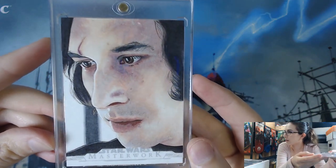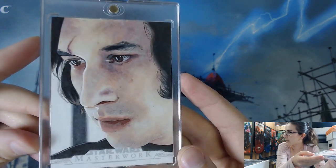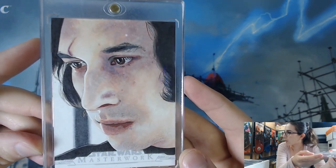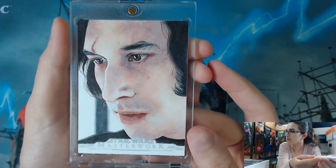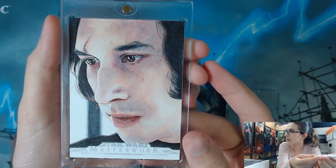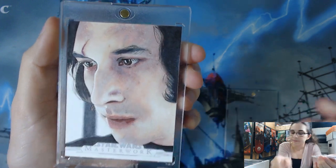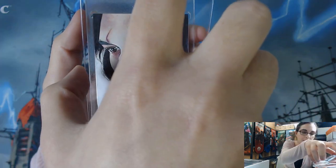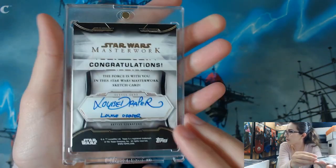Diego Luna, Keira Knightley. I mean, you probably can't, but you could get Natalie Portman. You could get Rose Byrne. There are lots of signers you could get that I feel like would actually make the Stellar worth the $9 grand. But, Topps, please reach out to me if you have any questions, because I have a lot of ideas that could make Stellar really cool. I mean, that'll never happen, but